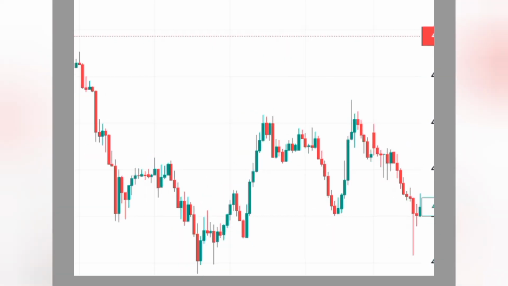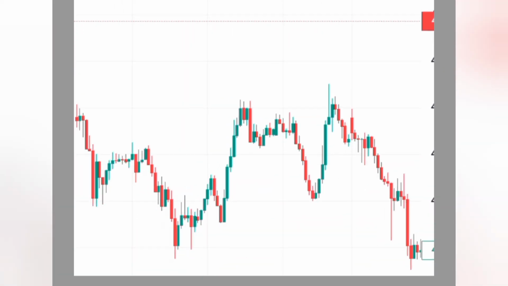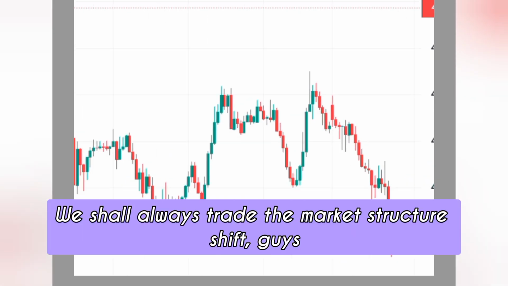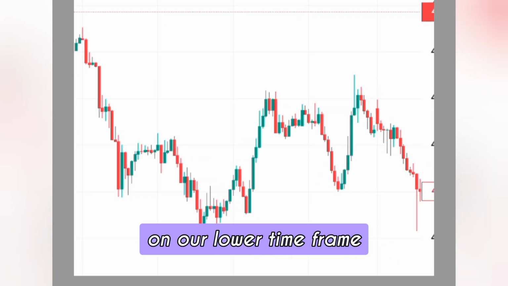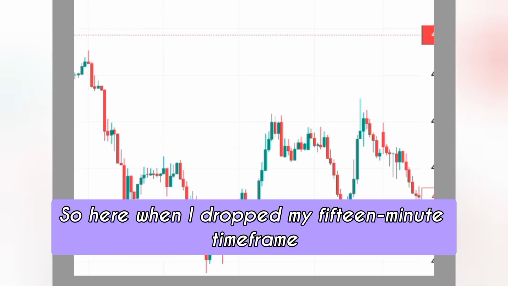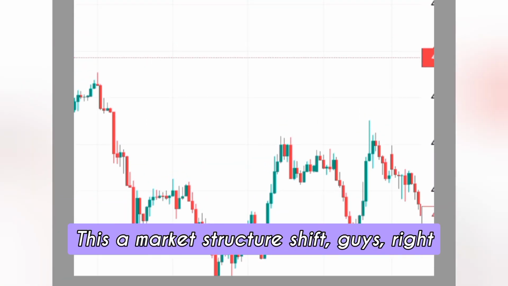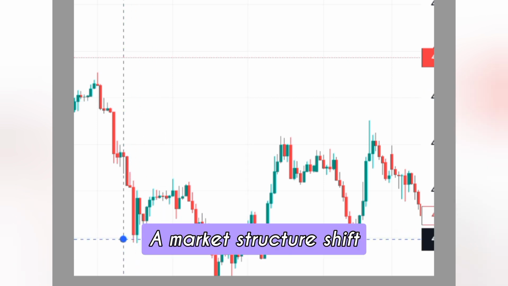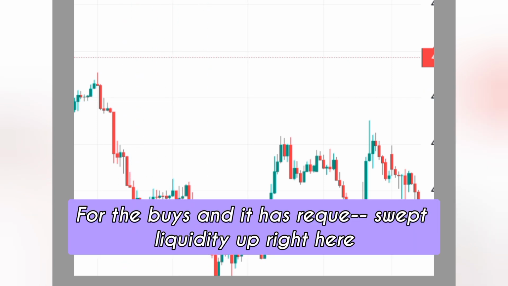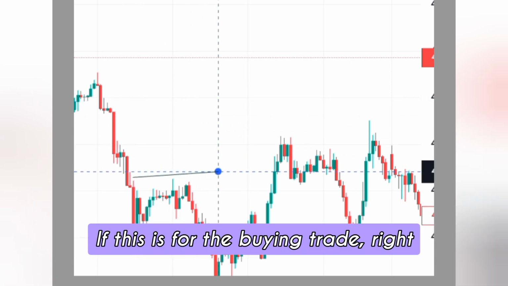So here we drop to the 15-minute chart, right? And wait for the market structure shift. We shall always trade the market structure shift, guys, on our lower time frame, which is the 15-minute time frame. So here, when I drop to my 15-minute time frame, I'll see a market structure shift. This is a market structure shift, guys, right? A market structure shift means that the market has swept liquidity down for the buys and it has swept